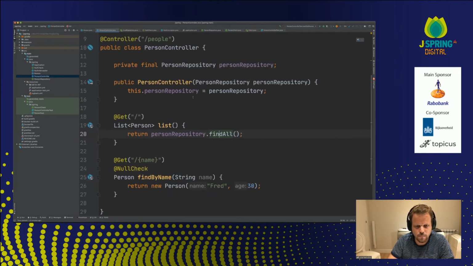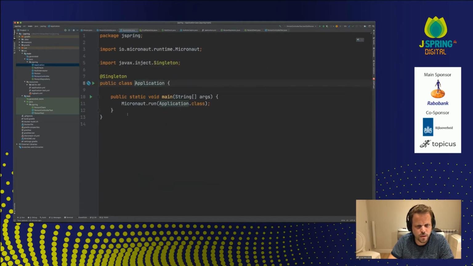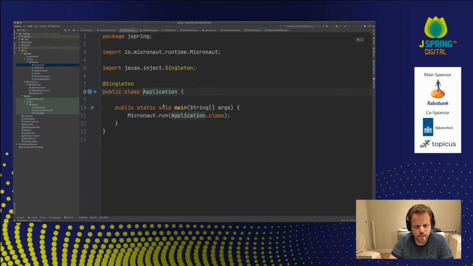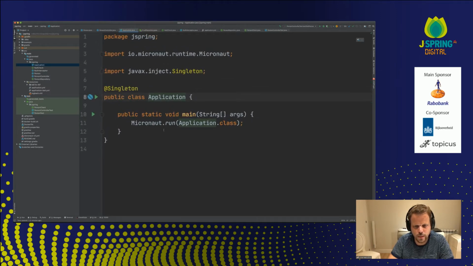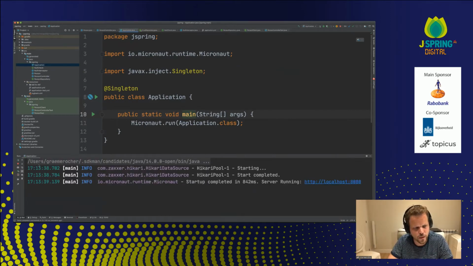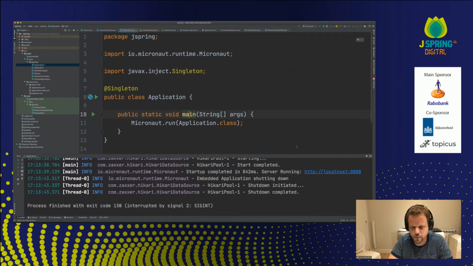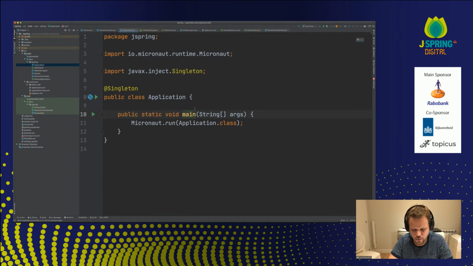So in order to get some data in there, let's get some data into the application on startup. So how would I do that? I've gone to my application class here. This is my application class, which is used to run the application. That's probably not something I really pointed out in the beginning, but basically, if you want to run the app inside your IDE, you can just run it directly from the application class, which is kind of handy. I tend to write a lot of tests and just run them, but if people want to run the application from the IDE, they can do that right here.